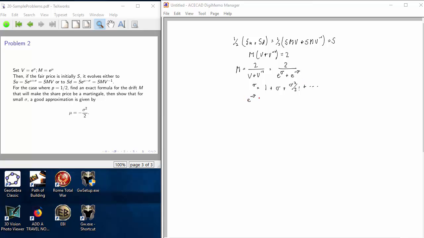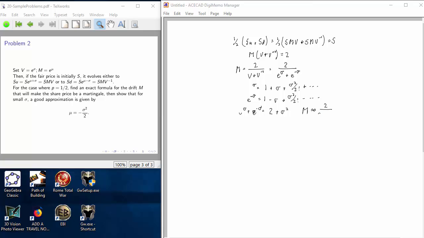E to the minus sigma is equal to 1 minus sigma plus sigma squared over 2 factorial plus other terms. And therefore the sum, e to the sigma plus e to the minus sigma, is equal to 2 plus sigma squared, and M is approximately